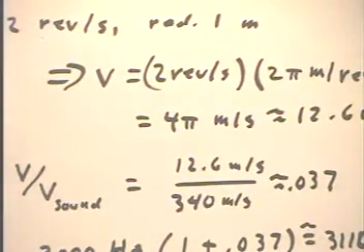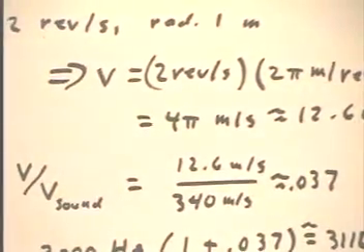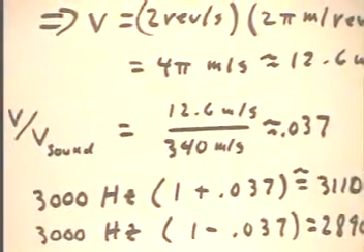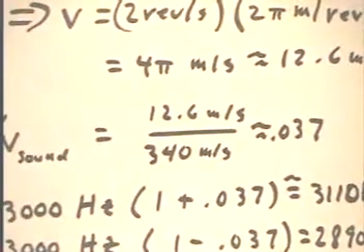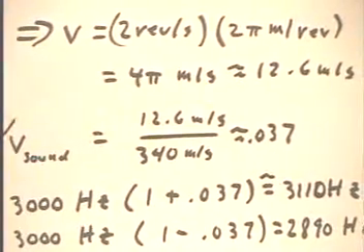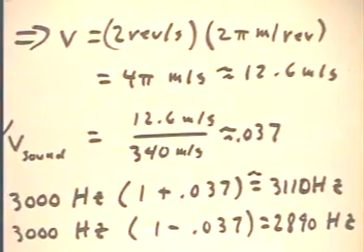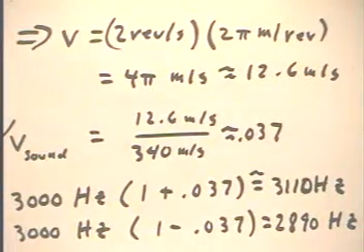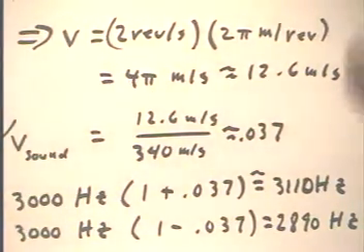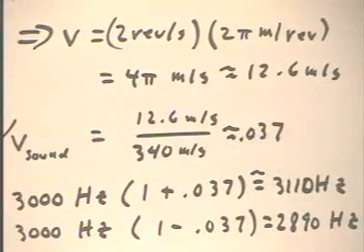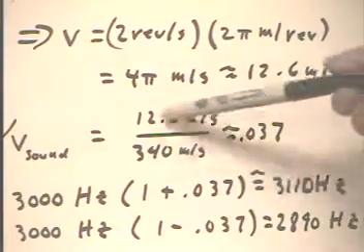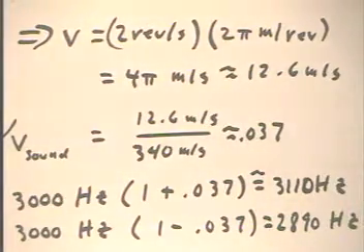Now, if we assume that the sound waves bunch up in proportion to the ratio of their velocity to that of sound, and that's a fairly reasonable starting assumption for small velocities. Again, small velocity being something that's a lot smaller than the velocity of sound. 12 meters per second is about 30 miles an hour. It's not all that slow. But